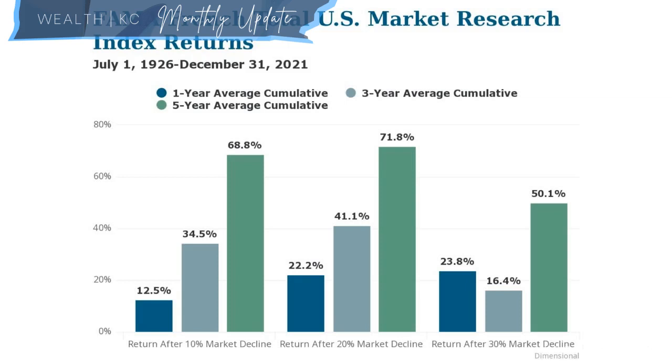Another gentle reminder, I really liked this one. This is showing returns after a 20% decline. If you look at the middle column, the blue, gray, green in the middle, after a 20% market decline, the 1-year average return after that is 22%. The average 3-year return is 41%, and the average 5-year return is 71%. So we're down about 25%, a little bit less right now. We would be in this bucket right here. If we can get through this, if you can stay disciplined and think long term, there are healthy rewards that follow.